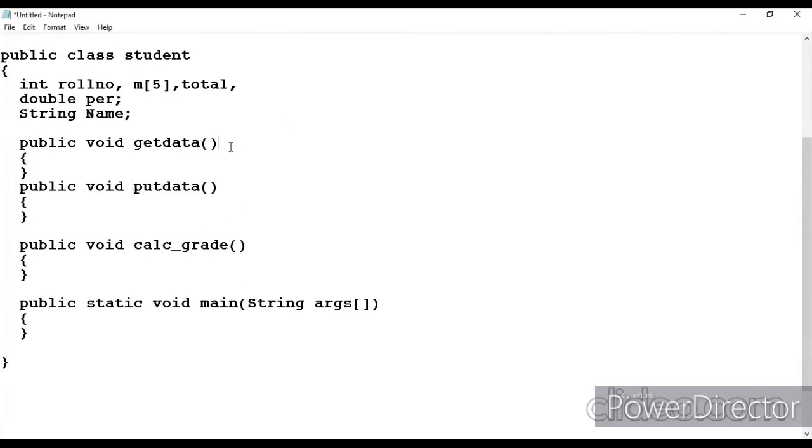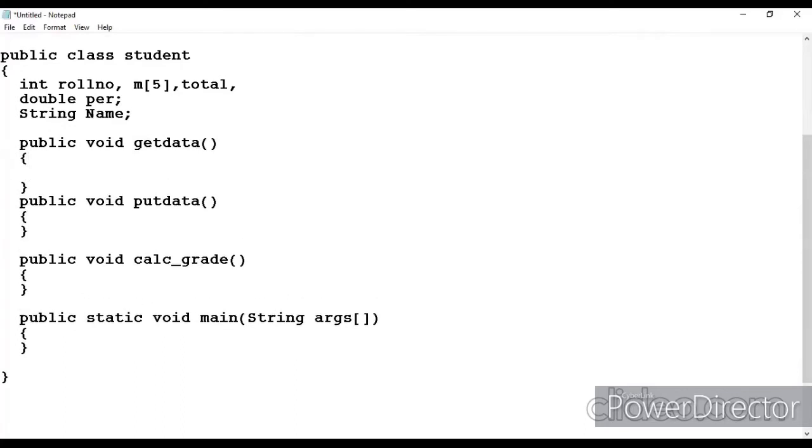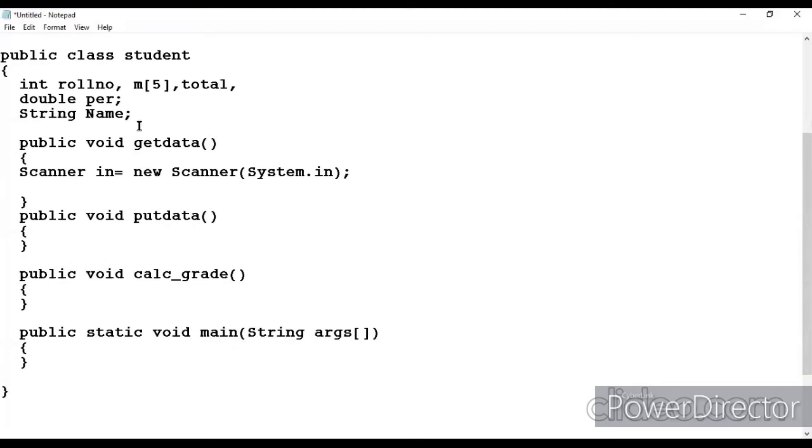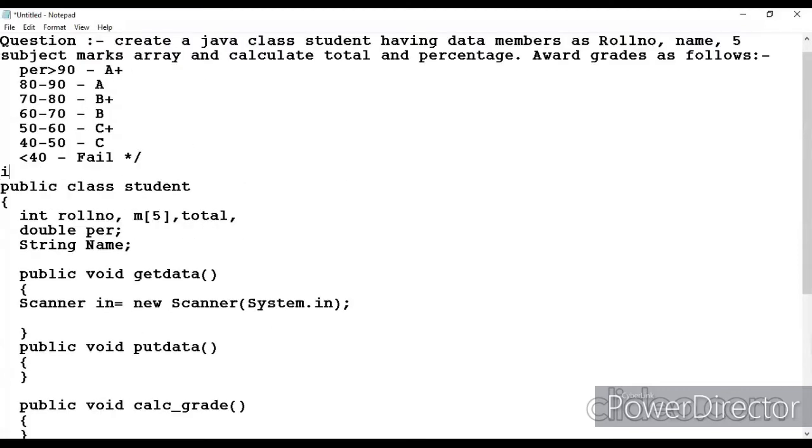Now I have to input data, and as you know, we can input data using the Scanner class. This is the easiest way to input data in Java. Use System.in. For this, first of all, you have to import java.util.Scanner.